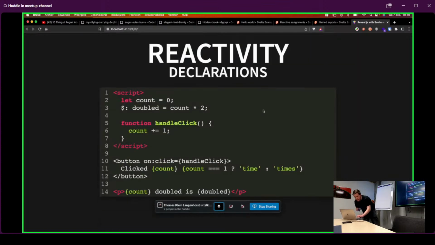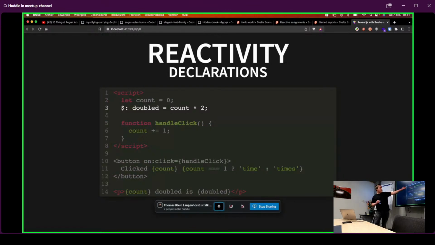You also have special declarations, like for example this one. Does somebody know what this means? The little dollar sign? I think it's a shorthand to execute a function or something. Like if you access it, it will do the thing that's behind the equal sign. Yeah, you're close, but